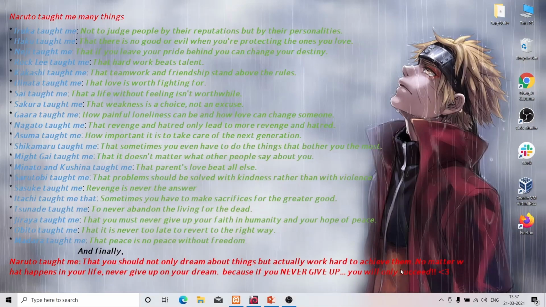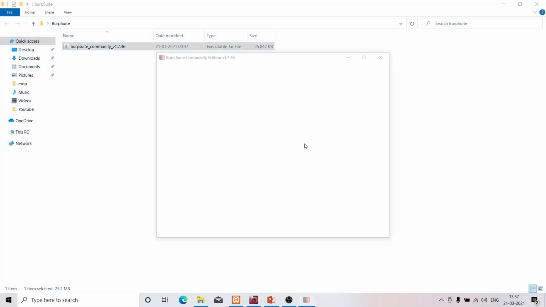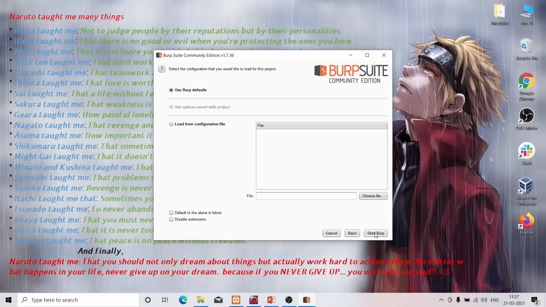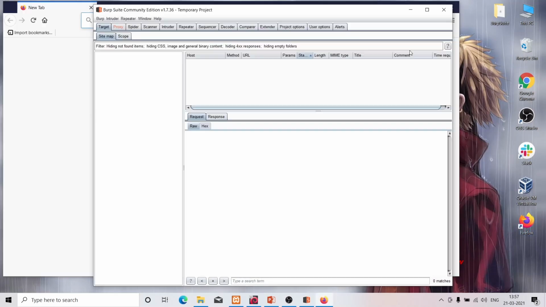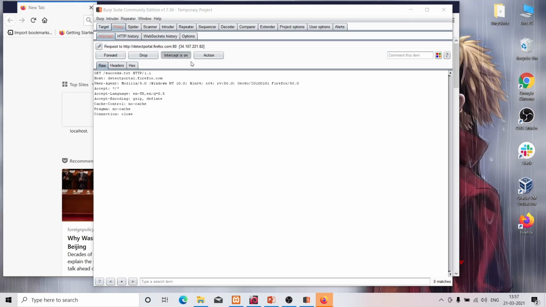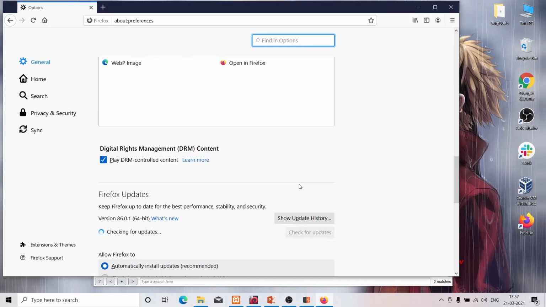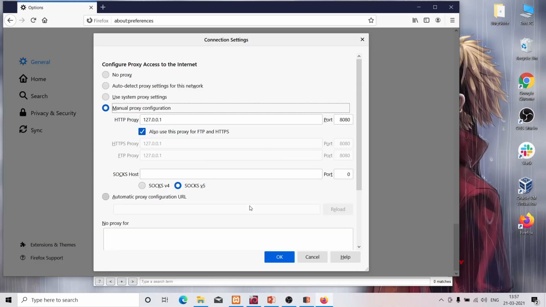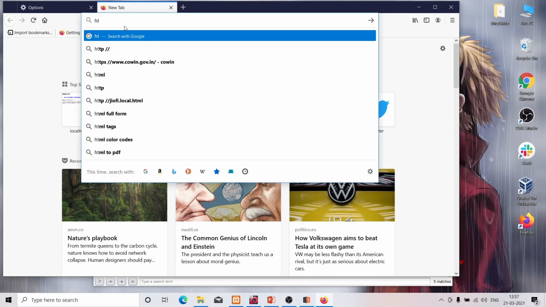So I have created a small application which does not have lots of vulnerabilities in it, but you can install it on your system and try to run it. So basically I will show you how we can configure your browser for Burp Suite. So this is the community edition. So you basically need to create a proxy, which is this, and you also need to install the Burp certificate in order to intercept HTTPS traffic.